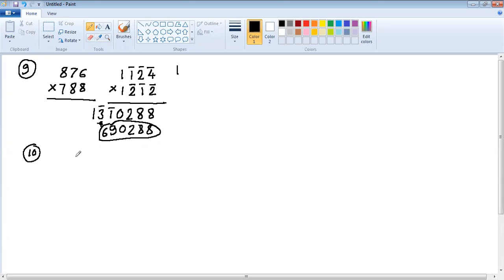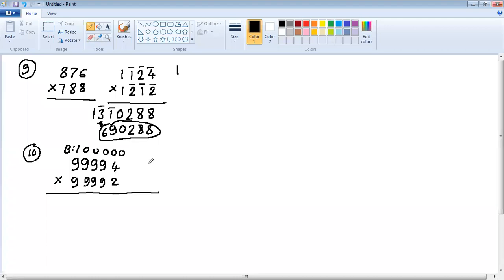10th question is normal base method, less than base. 9999 times 99992. 4 nines are there. This is the base method where the numbers are less than the base. So when it is less than the base, whatever number of digits, those many zeros will be there. 1, 2, 3, 4, 5. 5 zeros. For finding difference, you can use all from 9, last from 10. Starting 9s you can ignore because it will give all 0.